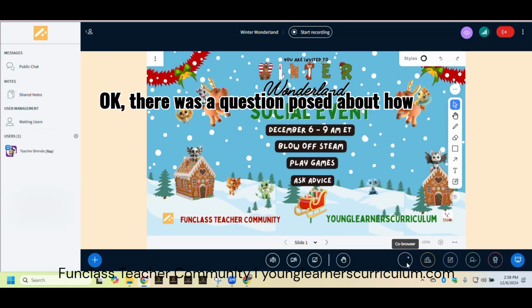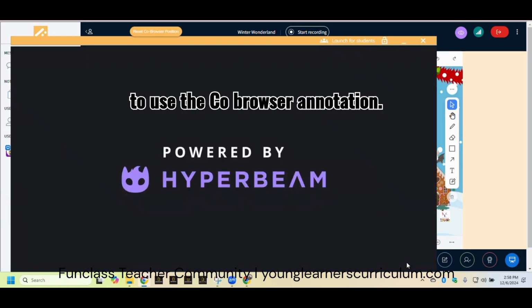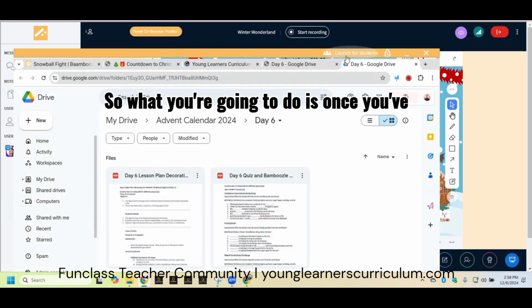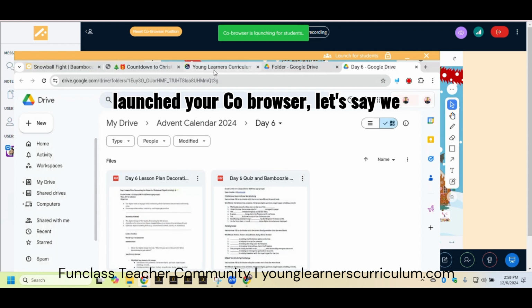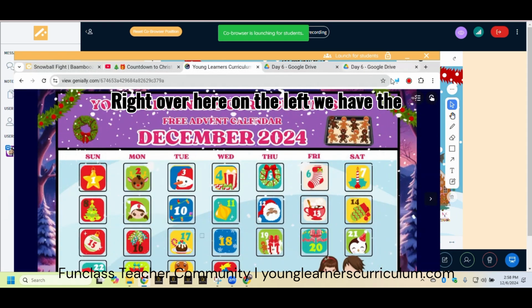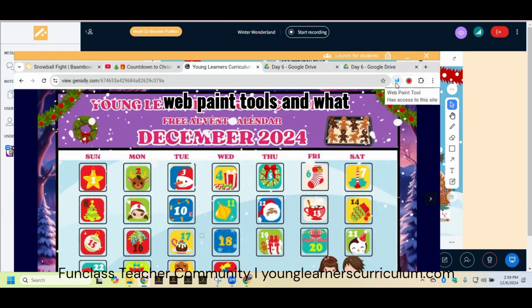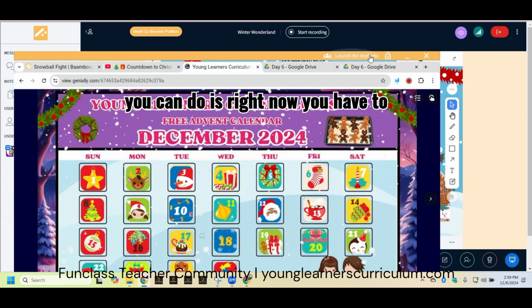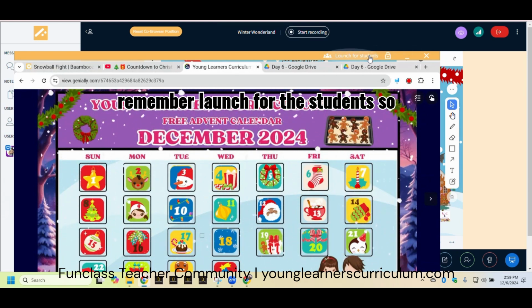Okay, there was a question posed about how to use the Co-Browser annotation. So what you're going to do is once you've launched your Co-Browser, let's say we want to write on this. Right over here on the left, we have the Web Paint tools. And what you can do is right now, you have to remember to launch for the students so everybody would see